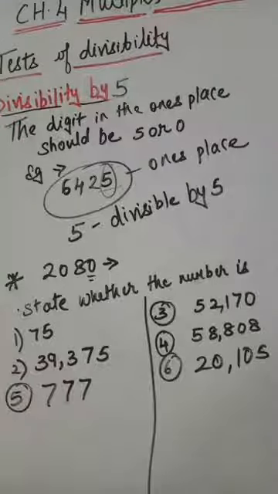So you are going to do this and send it to me. We have learned today divisibility by 3 and 5. In 3 we do the sum, and in 5 we see the ones place. Do whatever I have given you, do the worksheet also and send me on my number, and the sum which you can see on the screen right now. Do this in the notebook and send me.